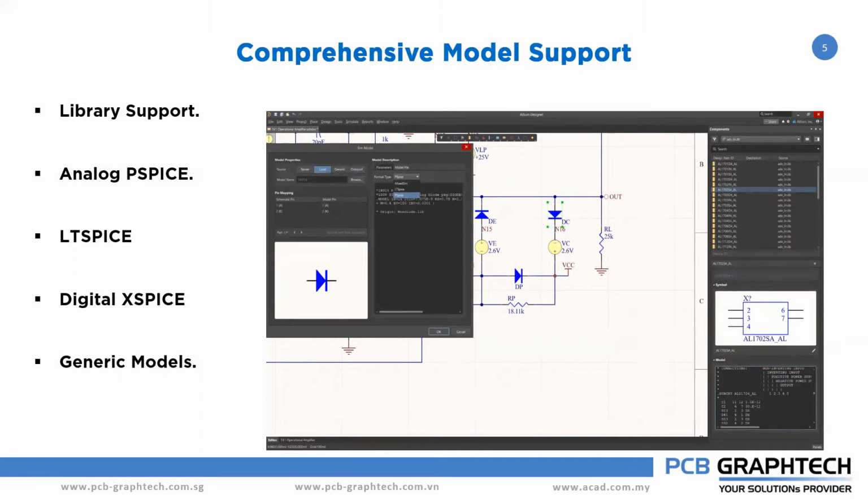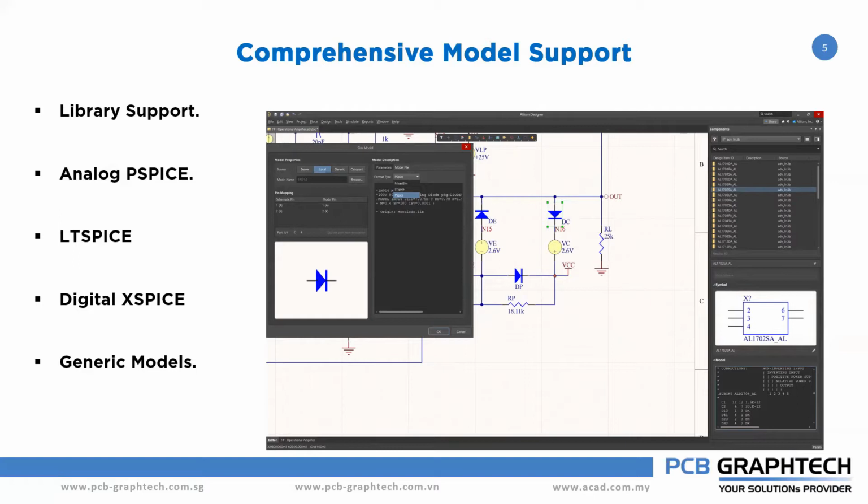Now you can take the models directly from your simulation dashboard and link the models with your schematic symbols. If the pins are not mapping, we can map the pins inside your simulation model, and based on the models, you can rearrange them. Then you can use the models for simulation.